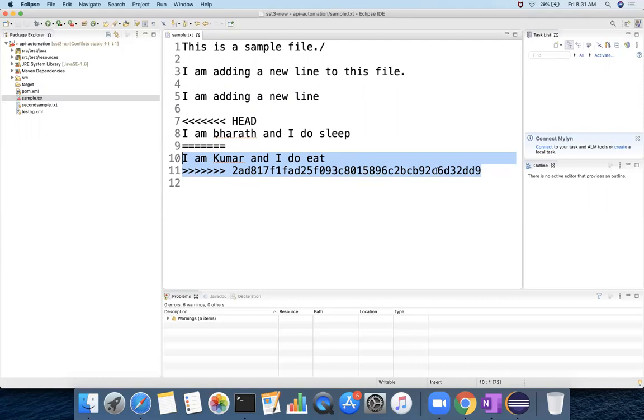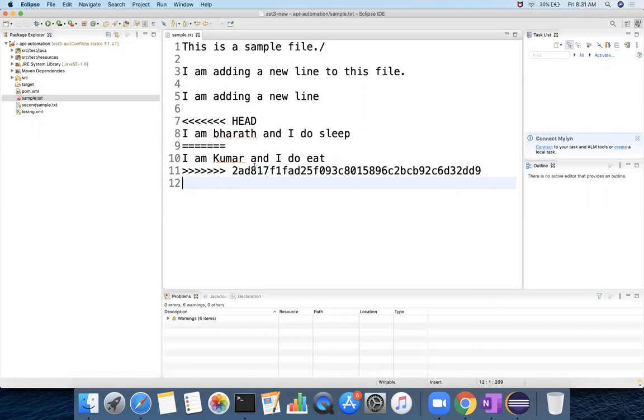With this commit ID, one more section will be created, and the user will be presented with a state called conflict, and the user has to resolve it manually. So these kinds of conflicts will not be handled automatically. This has to be handled manually.